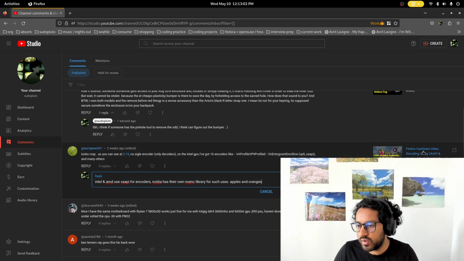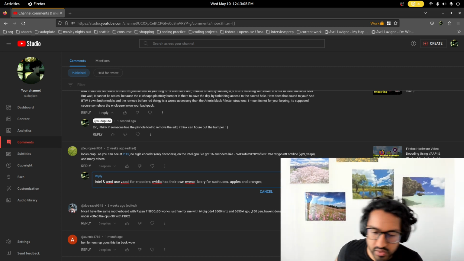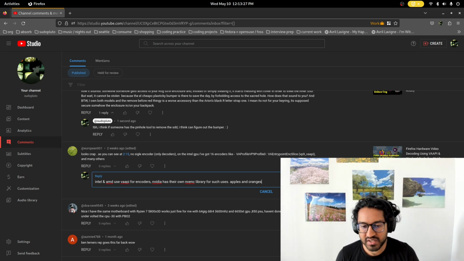So this was for the VAAPI translation layer. So you have the library support for encoders and decoders. NVIDIA has libraries for encoding and decoding on the GPU. I think it's called NVENC and NVDEC. Not very creative, respectively, right?